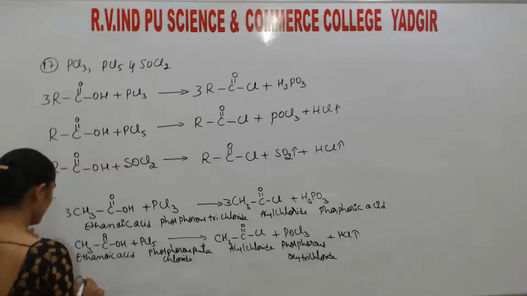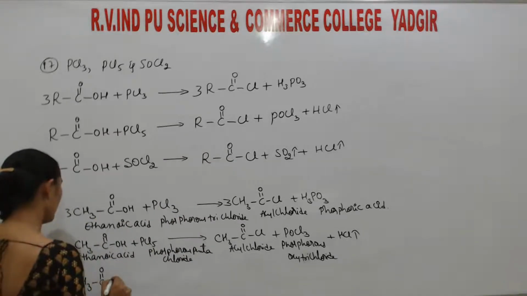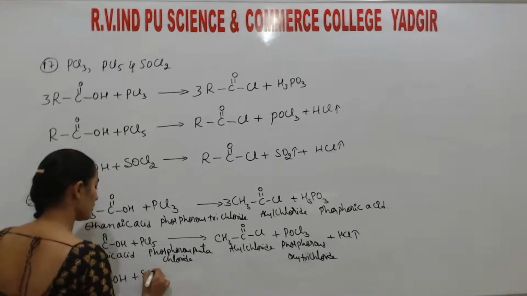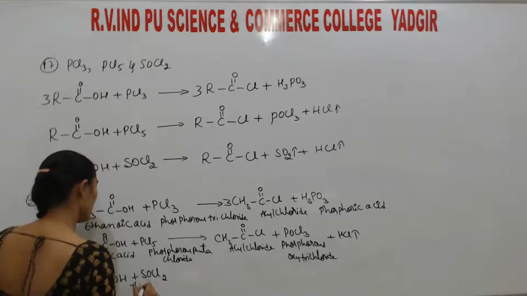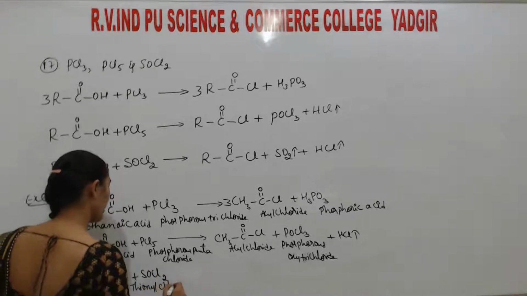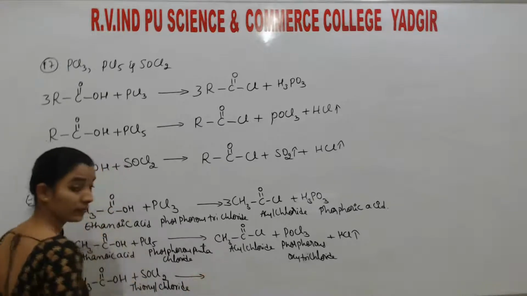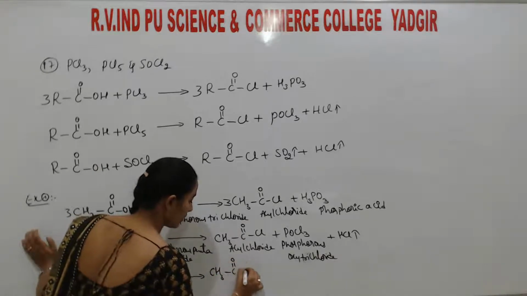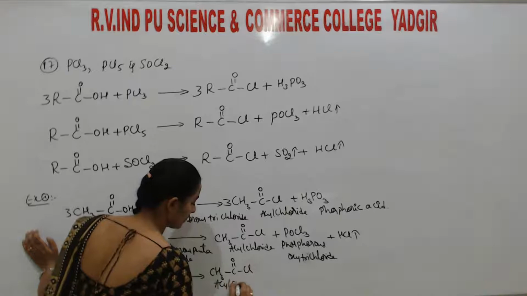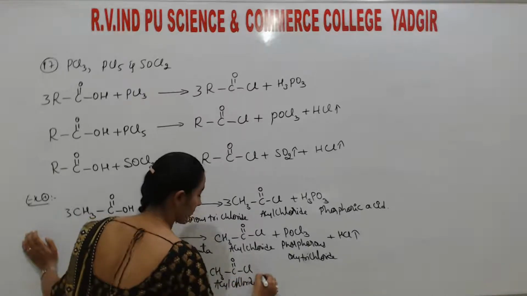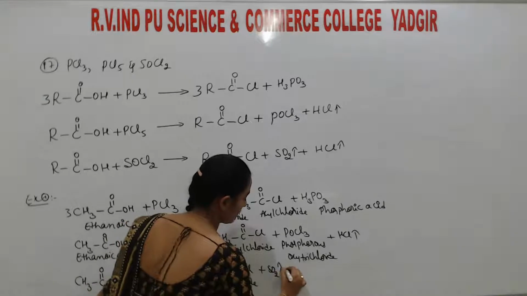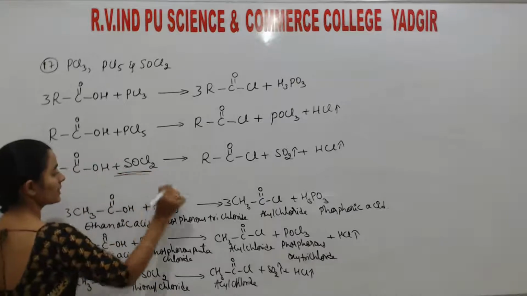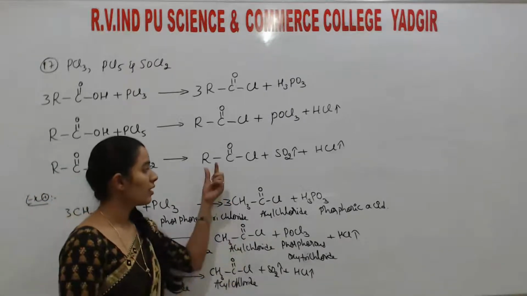It's the last one. CH3COOH. Of course, ethanoic acid reacts with SOCl2, that is thionyl chloride, and gives CH3COCl, that is acyl chloride, plus SO2 plus HCl. So students, among these, this is the best way of preparing acyl chlorides from the